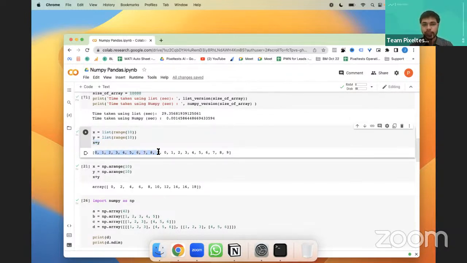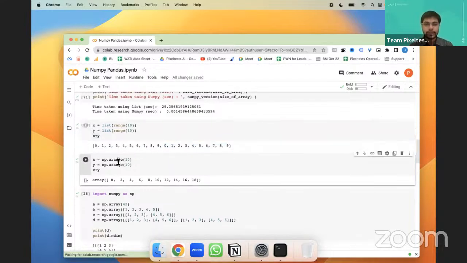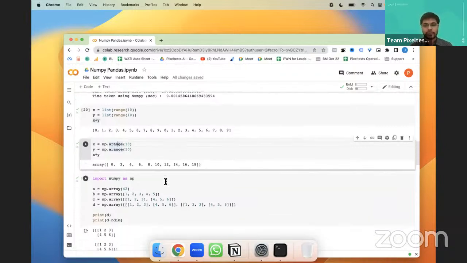These both are getting added. So 0 to 9 and 0 to 9 get added. But in NumPy, it is 0 plus 0, 1 plus 1, like every element gets added with the corresponding element, right? So that is the difference between the range with lists and a range in NumPy, right?